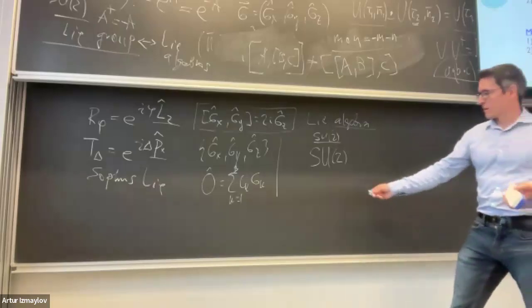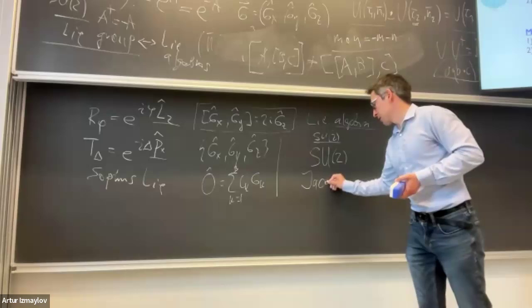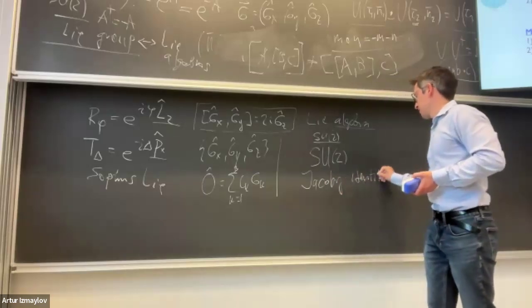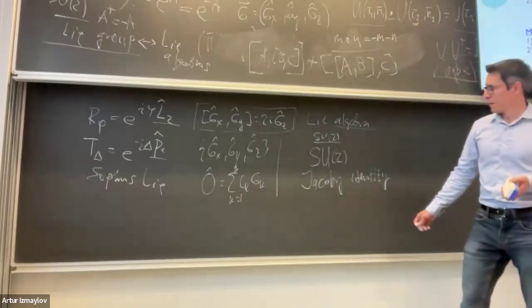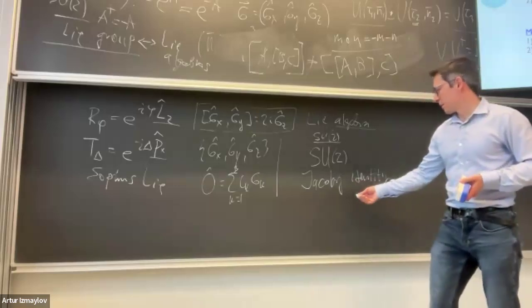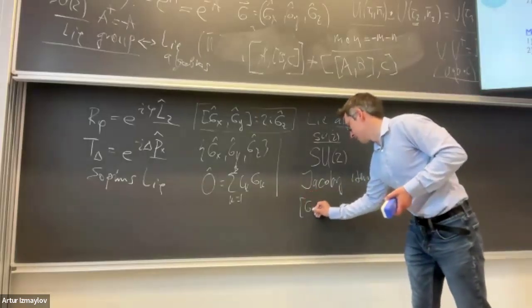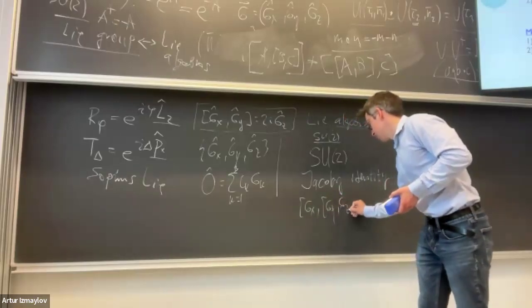We have instead something that you may have seen somewhere else, the so-called Jacobi identity. And that's the alternative to associativity. The Jacobi identity is simple to write. One can just do this